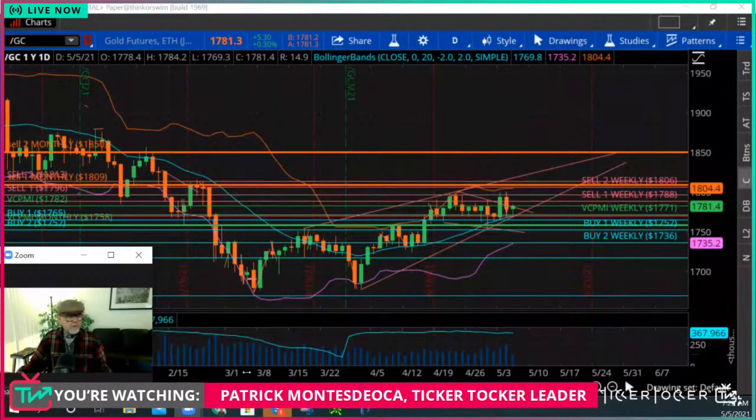Meaning, the sentiment right now is extremely bullish. It's been the most bullish sentiment, I think, in my career. And what I've learned about the markets is that the markets don't go when everybody wants them to.